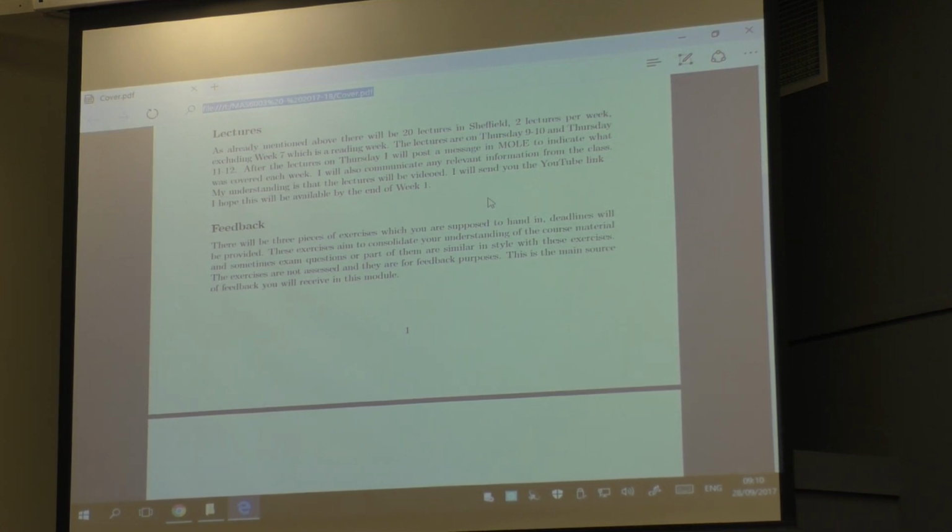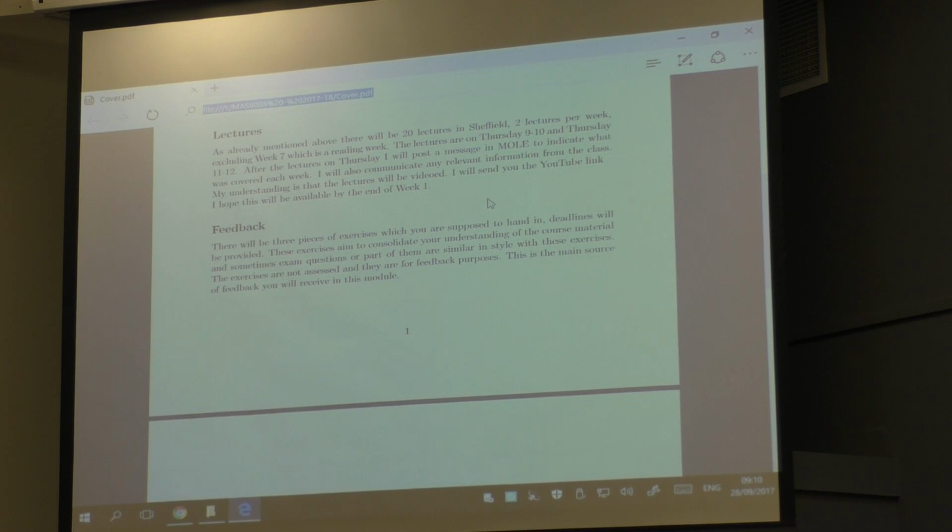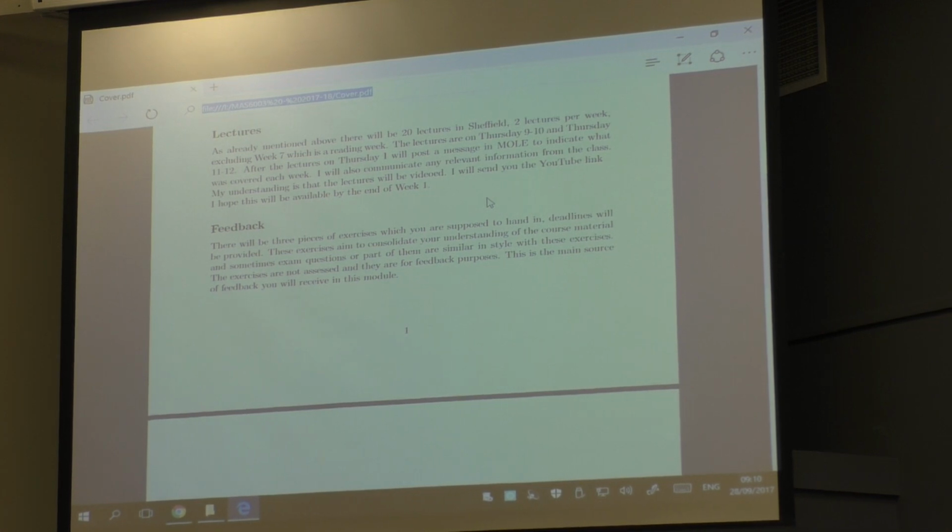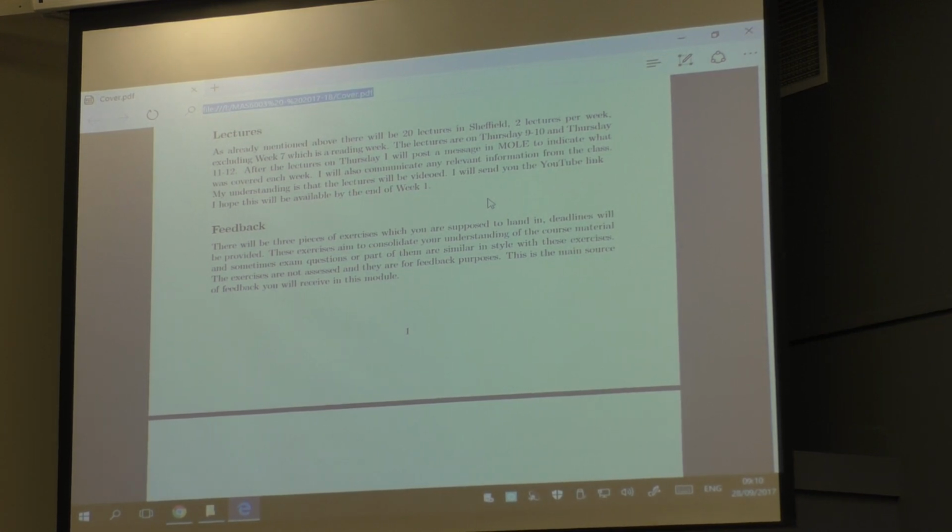So you should attempt those and submit those, although they are only aimed at informal feedback. You're not going to get a part of the mark for those, so they're not assessed formally,